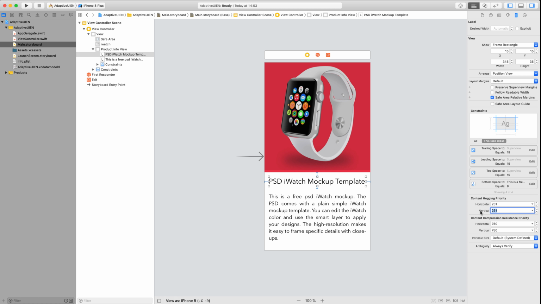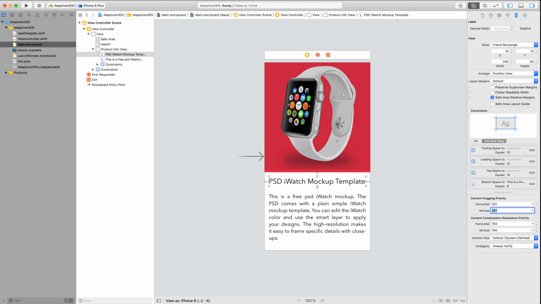Okay, the view with a higher hugging priority can resist growing larger than its intrinsic size. Here, the title label has a higher hugging priority. This is why iOS always chooses to make the description label larger, while the size of the title label is unchanged. Now that you should have a basic understanding of the content hugging priority, let's continue to fix the first